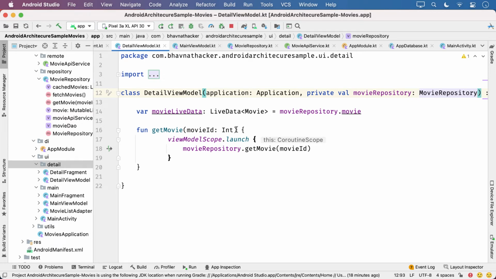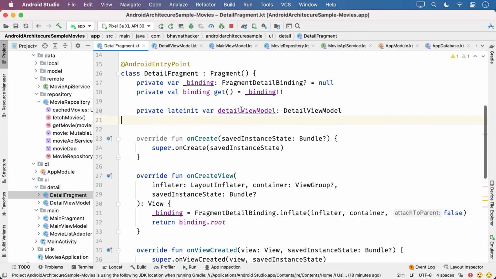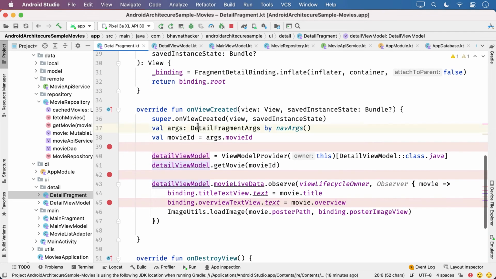What is next? Even the view model. Now the next step is go to fragment, and you see this detail view model. It is lateinit. So in the onViewCreated, what you are saying is ViewModelProviders of this detail view model. This is how you are initializing your view model. You can get rid of all this code. Again, you can inject the view models. So I'm going to just delete this